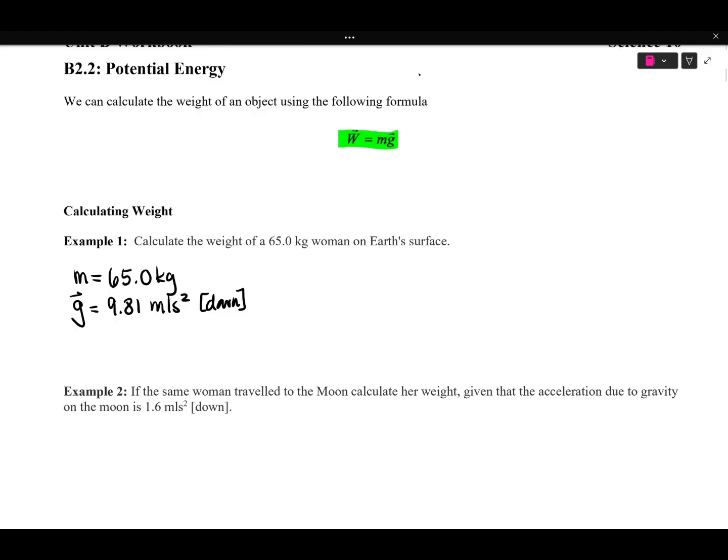So just so we know, it is a vector quantity when we talk about weight. So we want to solve for weight as our question mark, and the equation for weight is m times g. So we're just going to plug in our number. So mass is in kilograms, so we can keep it at 65. Our acceleration is 9.81, and it's meters per second squared, so we just plug it in. If you plug that into your calculator, 65 times 9.81, what do you get? And you should get